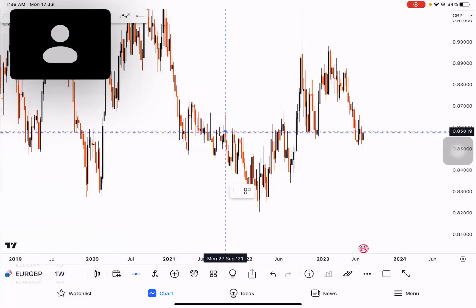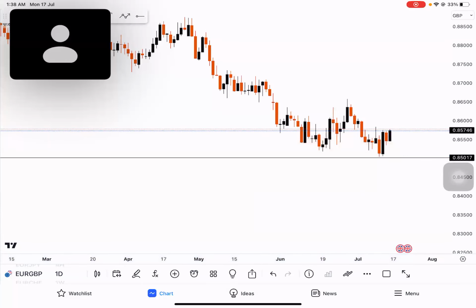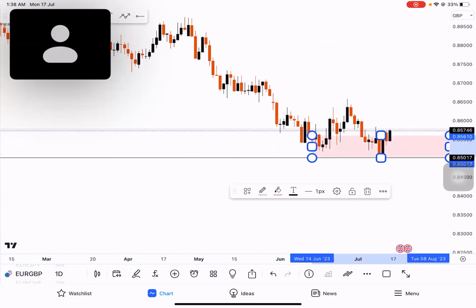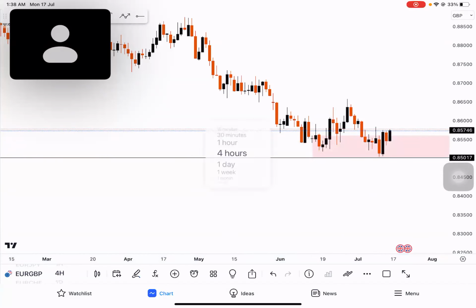It already broke out the previous lower high in the lower time frame. So I will change my zone to this level. I will take the zone. Whenever we see the bullish engulfing, we just take this one, the candle being engulfed. And then what I saw in H4 also,